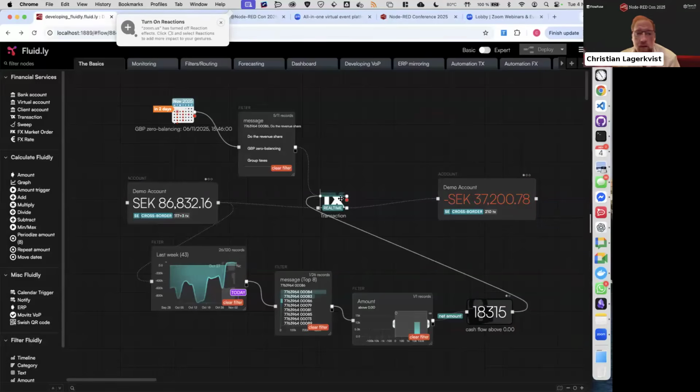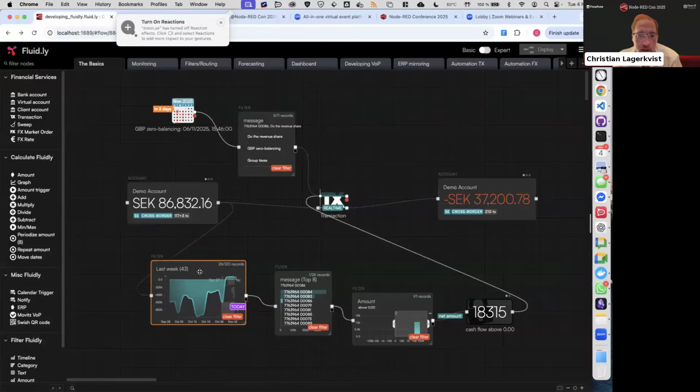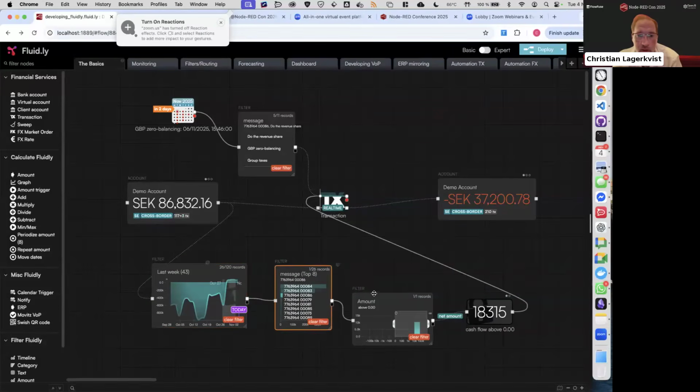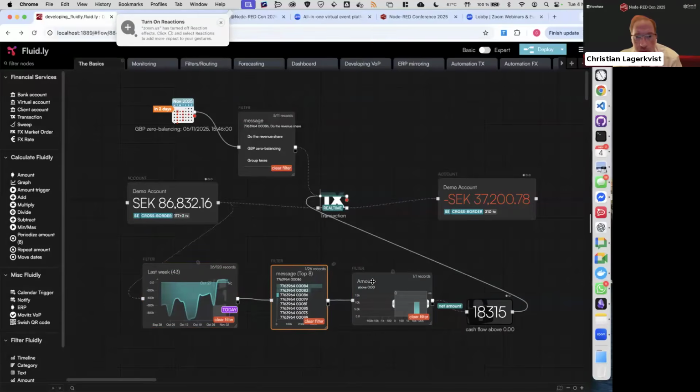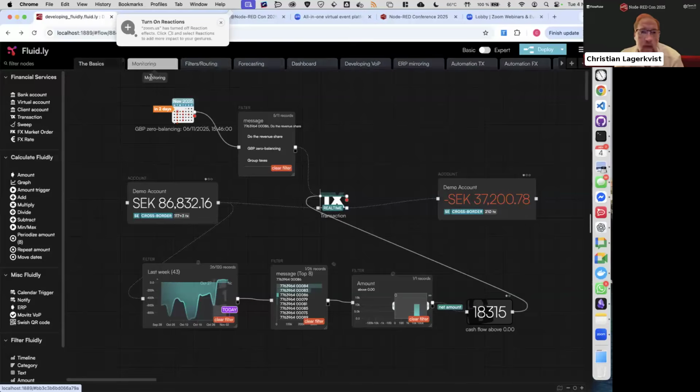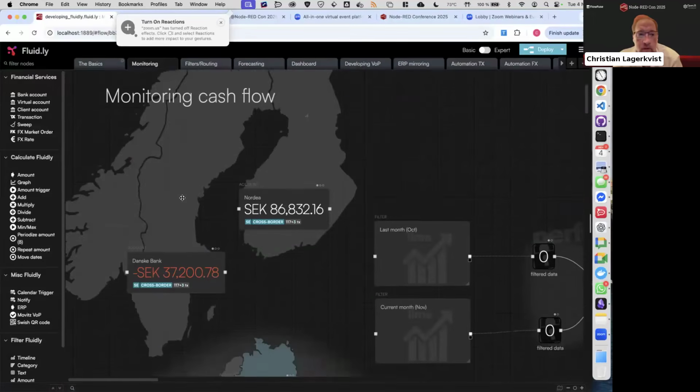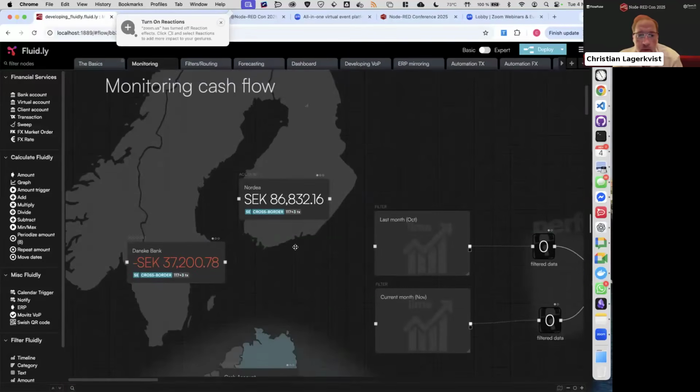So I hope you get what I mean when I'm talking about a workable dashboard, because we usually see these kinds of components in dashboards, not connected as they are here. So the first use case that comes to mind, what can you do with this stuff apart from revenue sharing? Well, think financial operating system. I could, for instance, use it for monitoring cash flow.